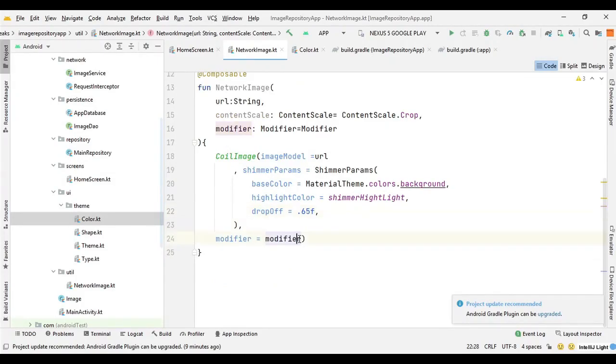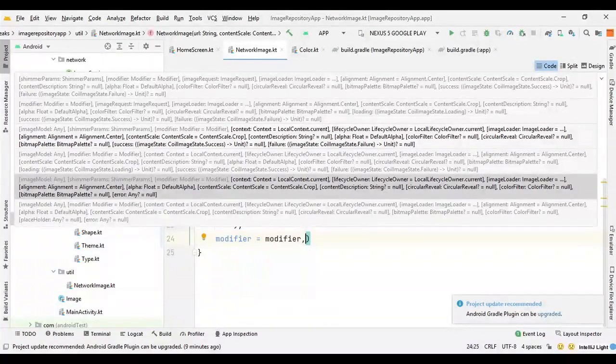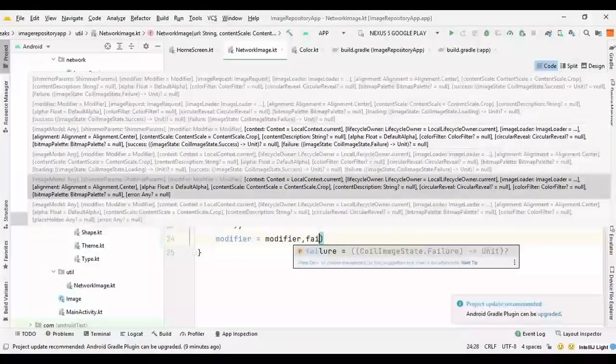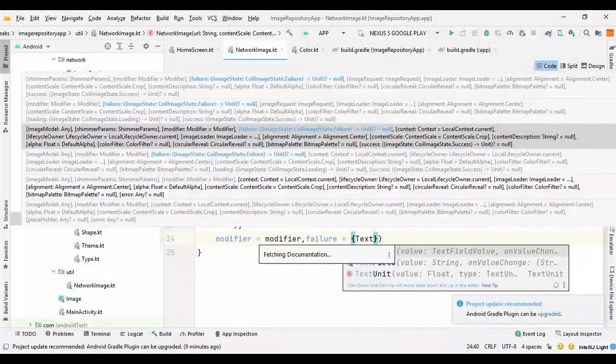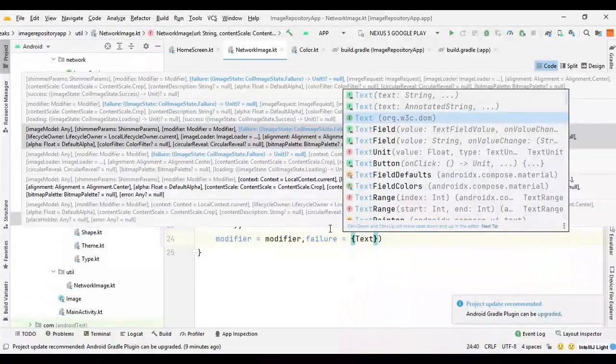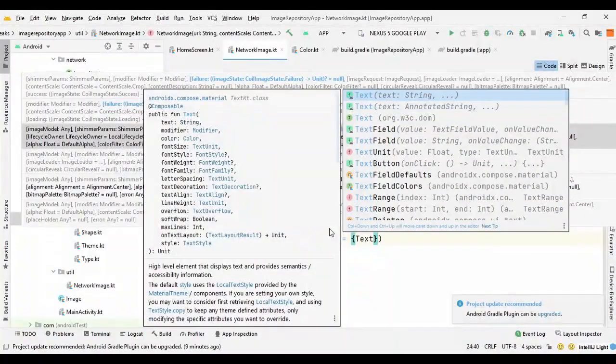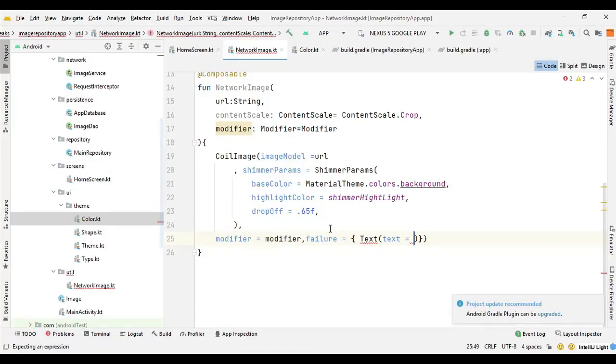And after modifier we can set a response in case of failure for image request. So we can say failure, and we can use a text here. So we can say text, and we can provide the text here. So we can say image request failed,